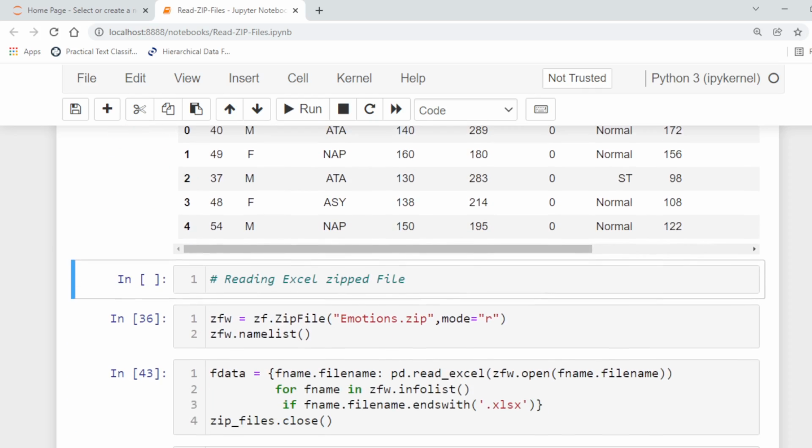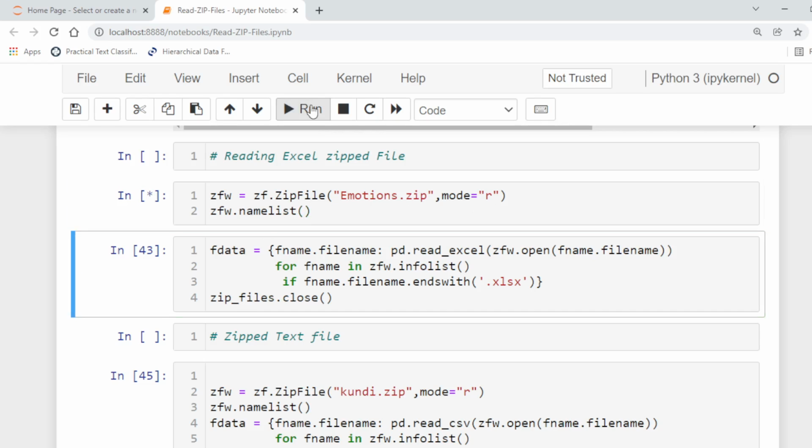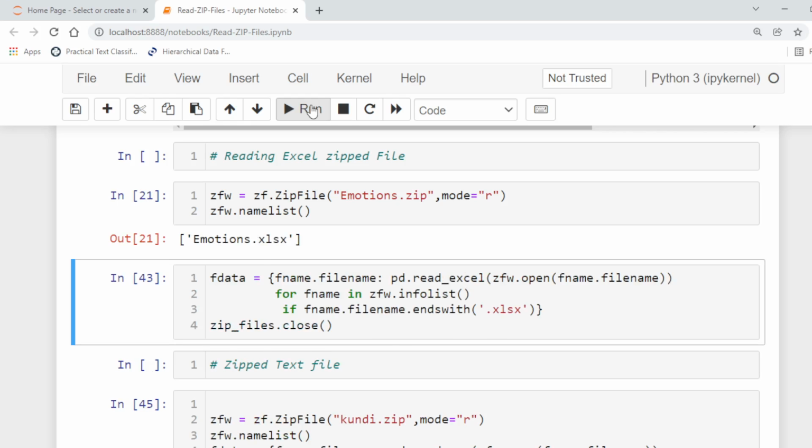Reading an Excel zip file. For example, here is emotions.zip, in which we have stored an Excel file in zip format. Let's say we read this and then namelist.